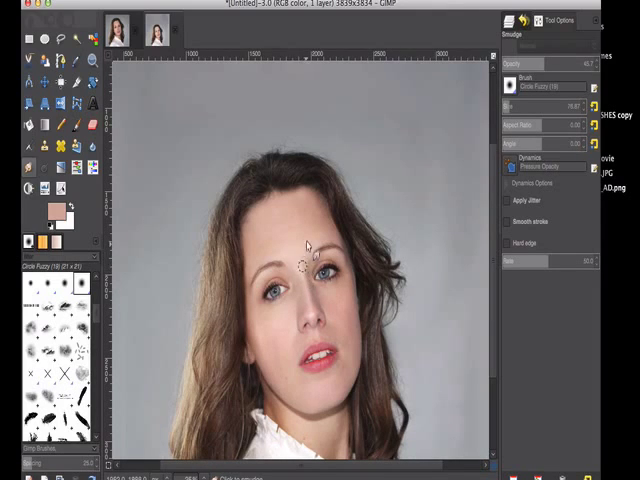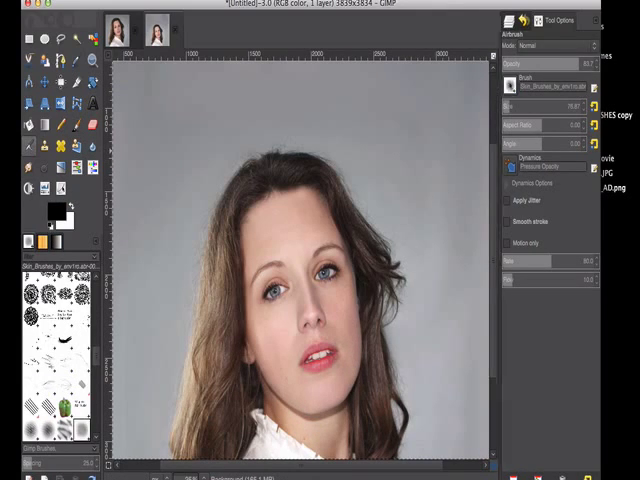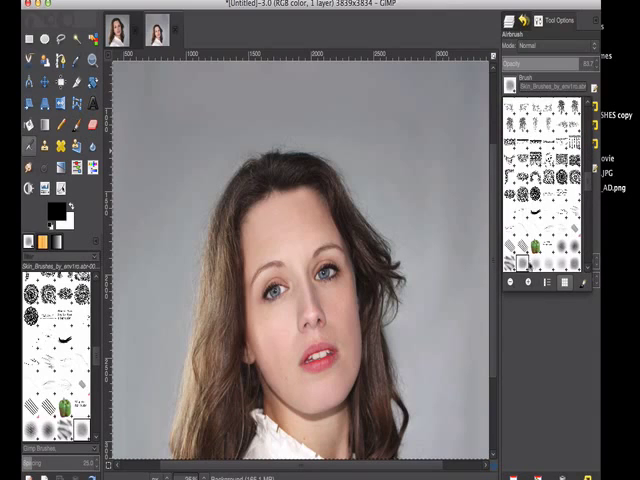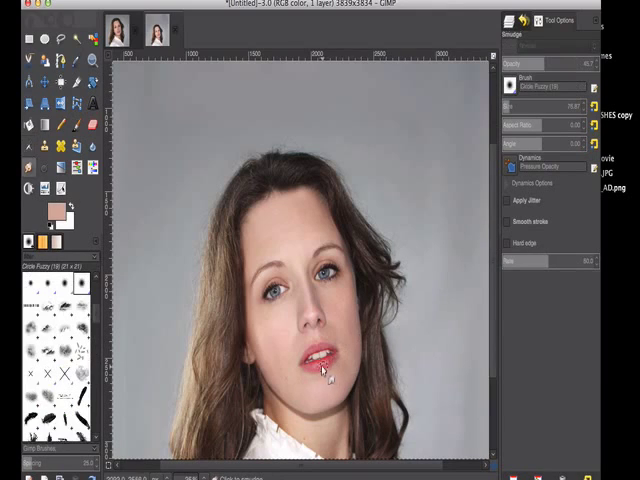Okay. Right. I'm going to put a bit of pink on her cheeks. So I've got my skin brush. I'm going to get a light one because I don't want it too light. And I'm going to,